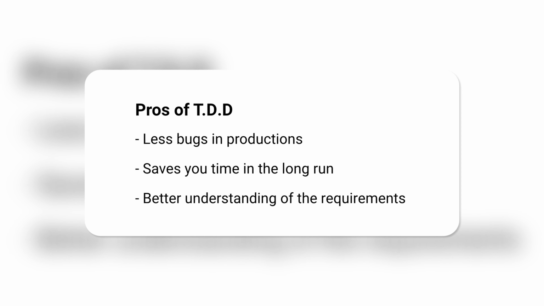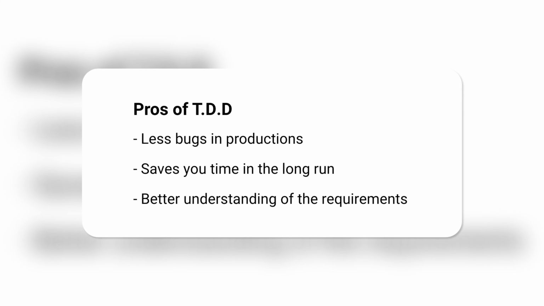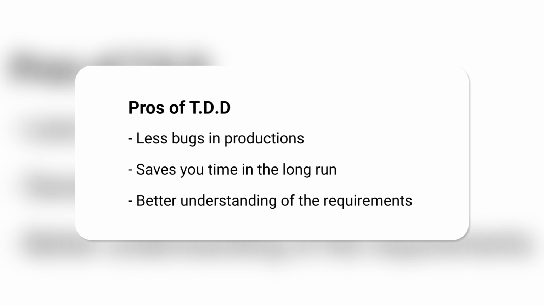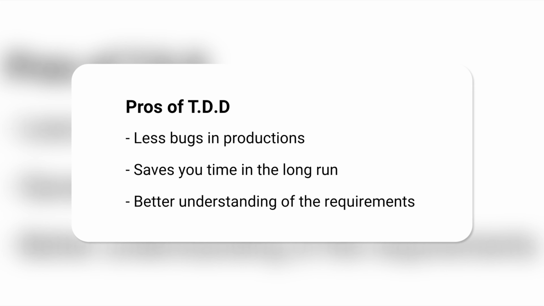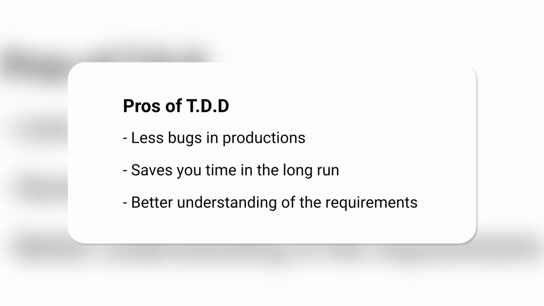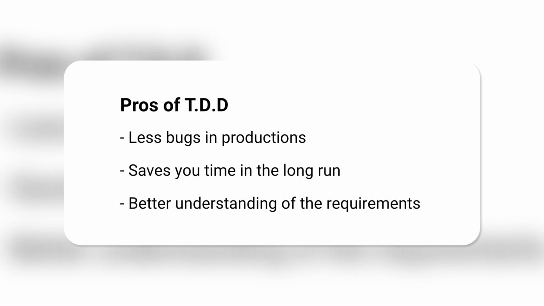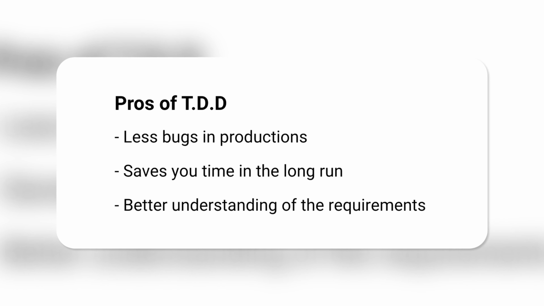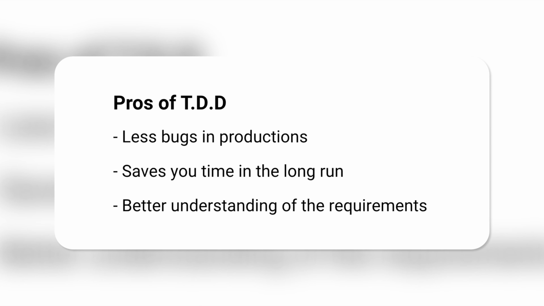Some of the benefits of test-driven development include a reduction in bugs. This is mainly because you're essentially debugging your code earlier. This results in less bugs and defects in production. Test-driven development also saves you time in the long run. Testing your code early on means that there will be less time spent debugging and fixing bugs later. Developing test cases also gives you a better understanding of the requirements and purpose of each feature or function before